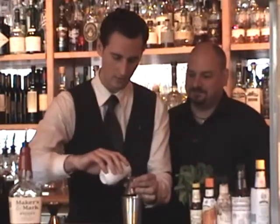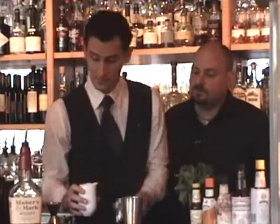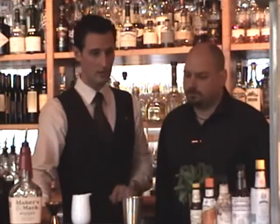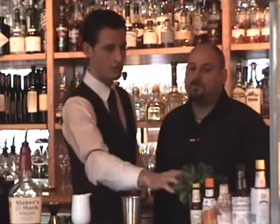So we're starting with half an ounce of mint syrup. This mint syrup is a really beautiful fresh mint syrup. Here at Love Medicine Park, we take a lot of pride in the products that we make in-house. We essentially take a simple syrup that is equal parts by volume of sugar and water, and steep them with fresh mint. That's important to do in a cold way, in that the chilled simple syrup and the chilled mint will preserve the freshness of the herb, as opposed to the simpler, faster, easier way of doing it, which would be to simply make a tea with the mint with hot water, steeping it just for a few